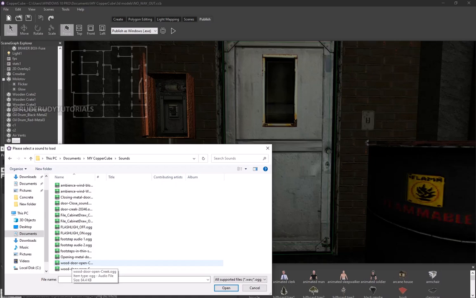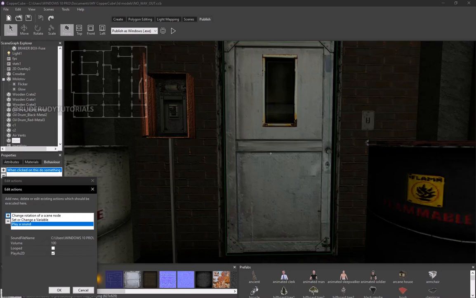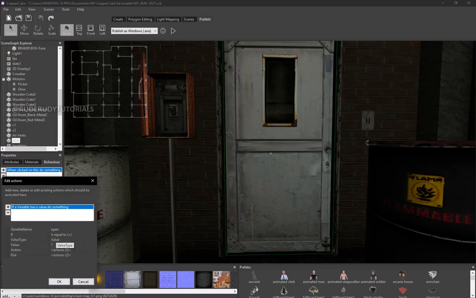So this is all the sound sources I have. I made my own sound files. I also downloaded some non-copyrighted files from the internet. But if you have your own file, you can use that file. Okay, so I'm just adding the source file, and I'm going to the if a variable has a value, do something,